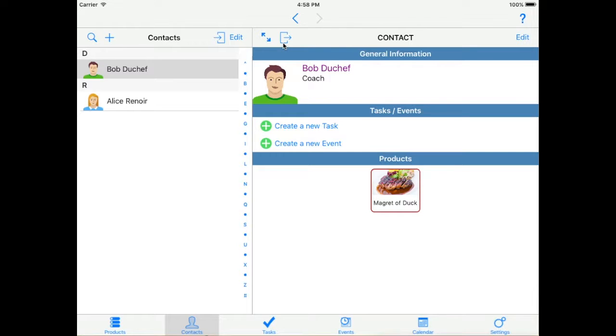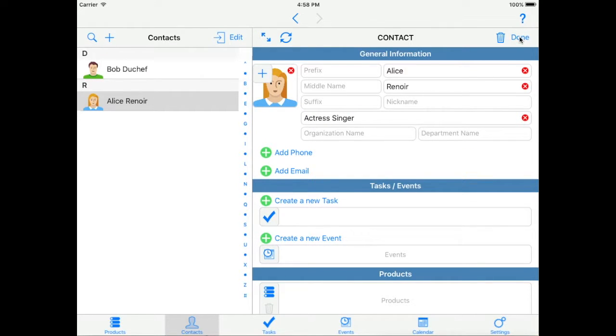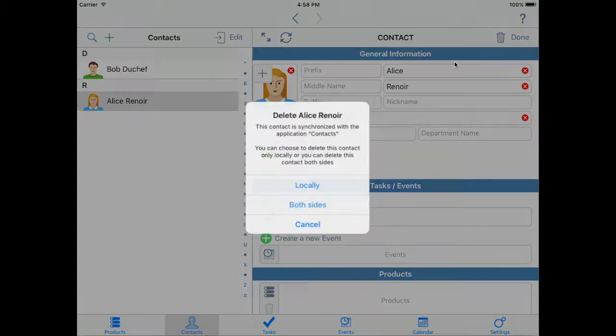Now let's see what happens when I delete a synchronized contact. Let's go back to Alice Renoir because she is synchronized. To delete a contact, I can do it from the contact list or from the contact object itself. From the contact list, I click Edit, Delete. From the object itself, I click Edit, Trash Can, the confirmation, and then I see that when I try to